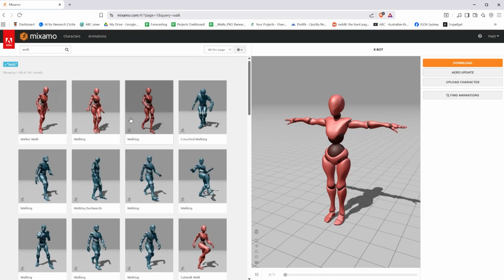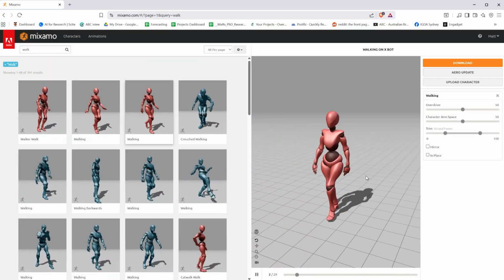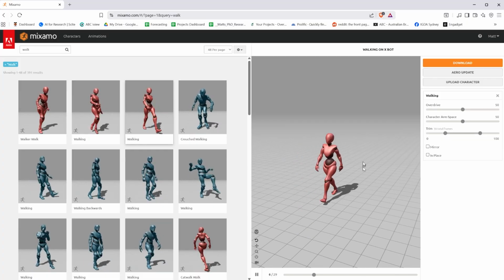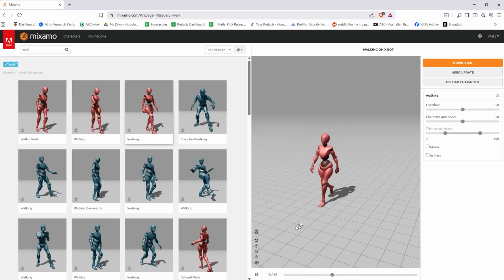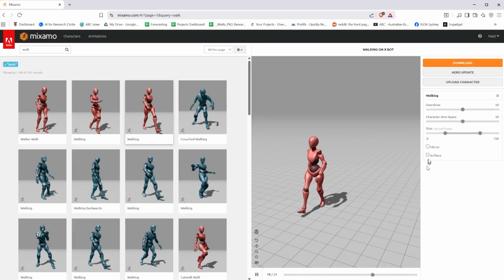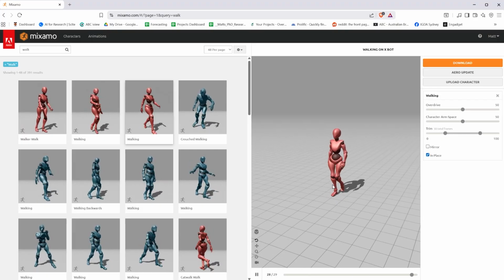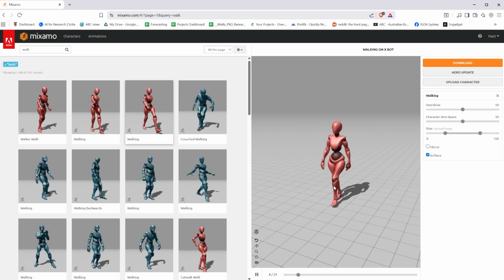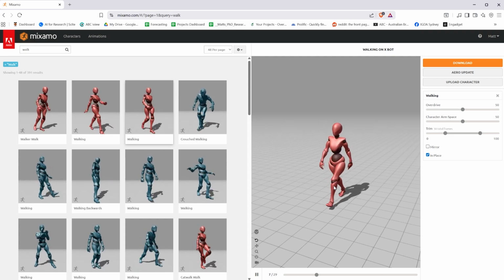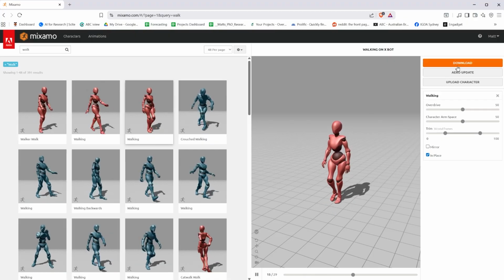I think what we'll do is we'll just choose this animation over here, and then we can see that the animation includes the position delta. So what we can do is we can just get rid of the position animation and say in place. And then now it's just going to be walking like that in place. And the cool thing is we can download this whole animation, including the model, straight into our Unity project. So if we just say download,